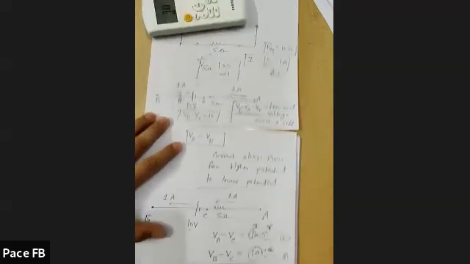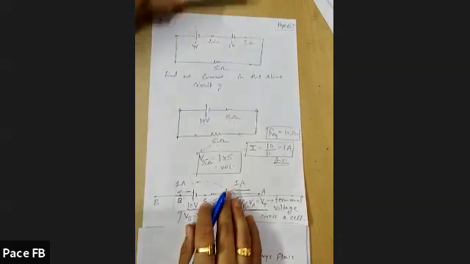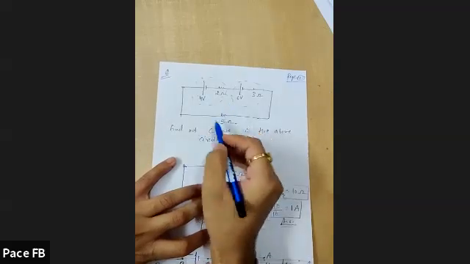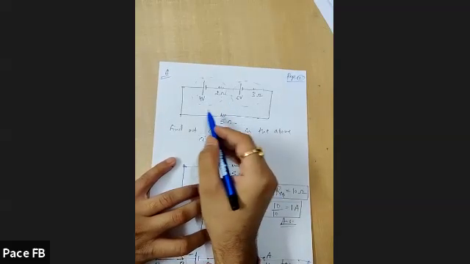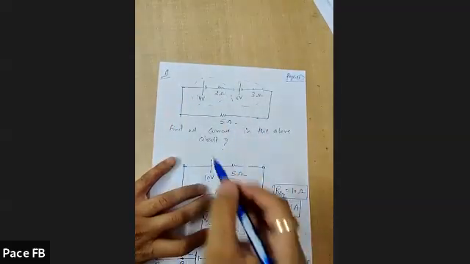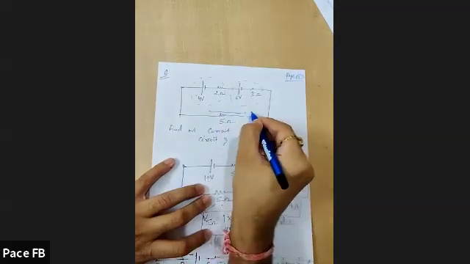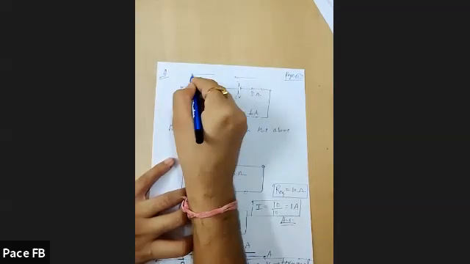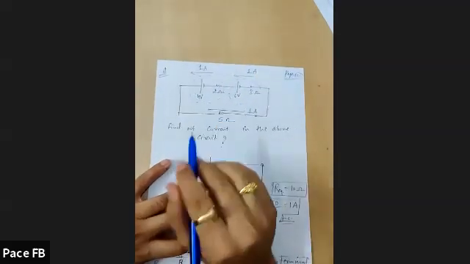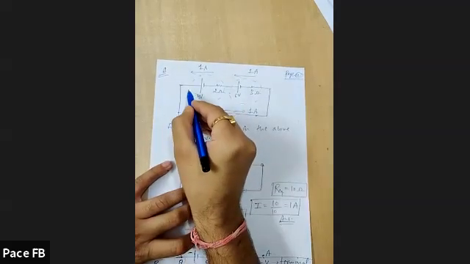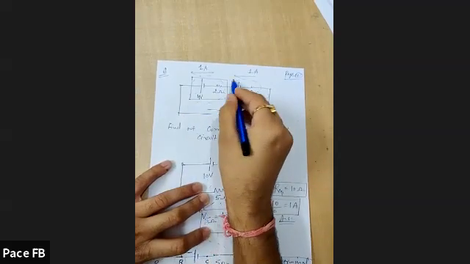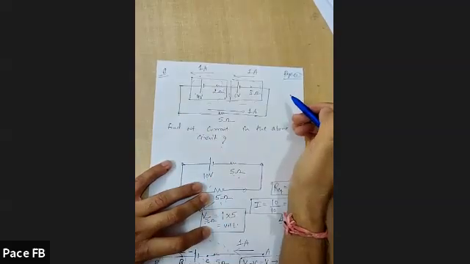Now if I ask you this question, come to this part. We had solved this question just now. There are two cells connected, and in this circuit the current was 1 ampere, traveling like this. Now come to the initial circuit, 1 ampere, 1 ampere. Now I want to ask you the terminal voltage across this cell and the terminal voltage across this cell, across both of them.